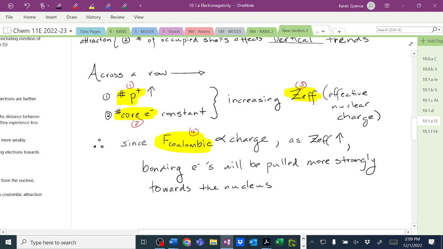Now, have we mentioned anything about electronegativity yet? No. So, and then I would say maybe, since electronegativity is the ability to pull bonding electrons towards itself,